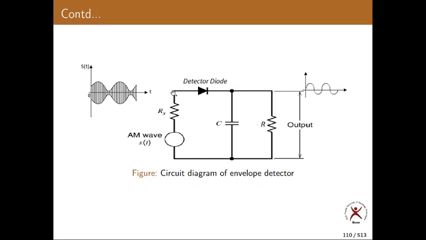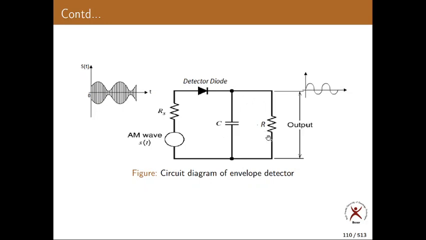Now in that condition, the diode will be reverse biased. If it is reverse biased, it will be open circuited. If it is open circuited, this part loses contact with the rest of the circuit. Now you are left with only the capacitor and a resistor, only this RC filter, R and C. So in that case the capacitor starts discharging.